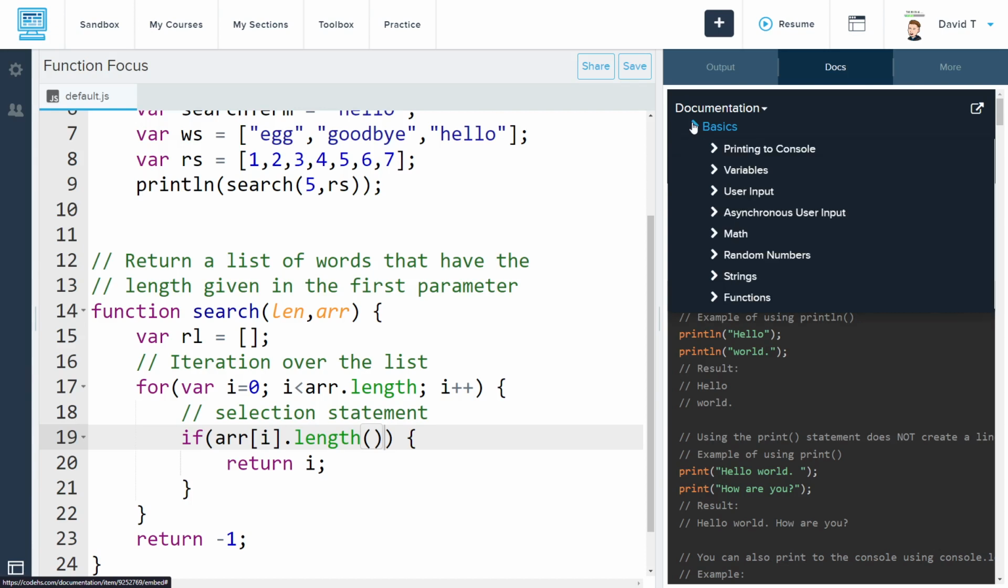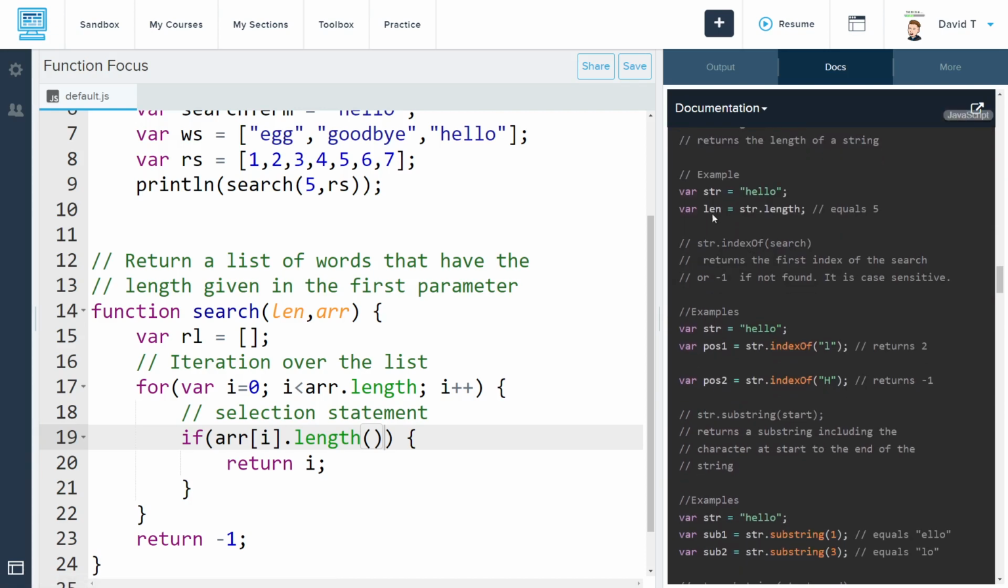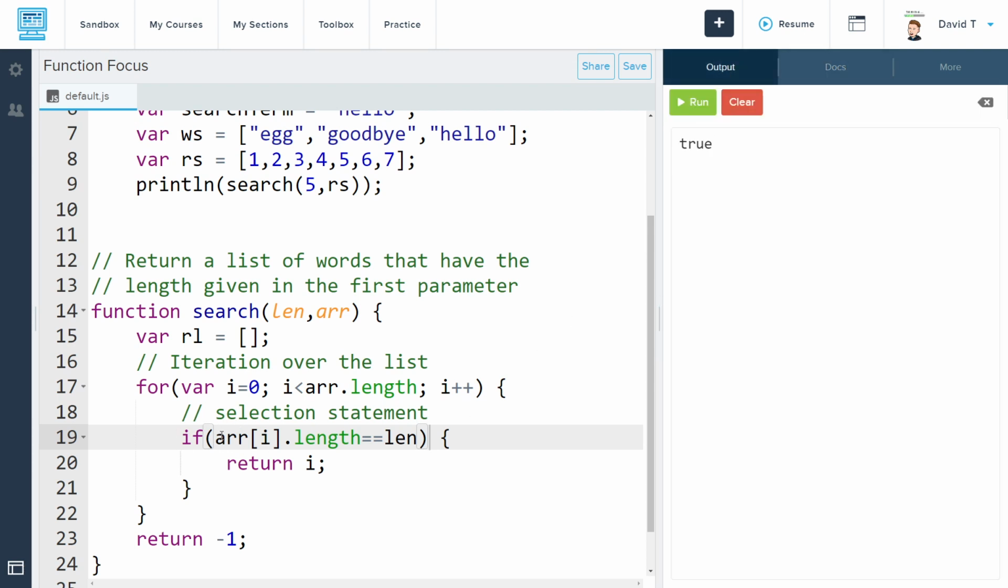Let's see, strings. Okay, so it's just the same. .len, okay, so .len length. Okay, so if the string .length equals len. There we go. Close it down now. So if the item that I'm looking at, the length of that item is length, I want to add to RL list. Okay, and then at the end of my code, when it all finishes, I'm going to return